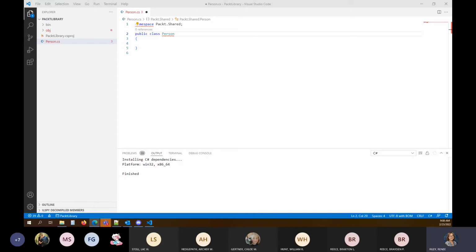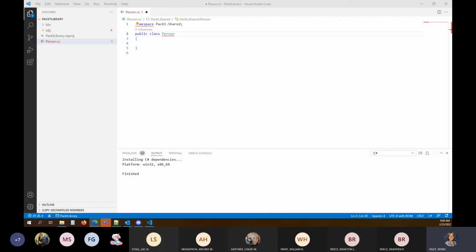Now, notice that our class is public. And when we're working with a class library like this, we always want to use the public keyword because it wouldn't do any good for this class to be private, right? We wouldn't be able to use it anyplace else. So public would be what we want all of our classes to be.